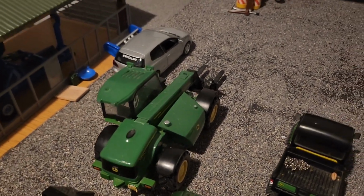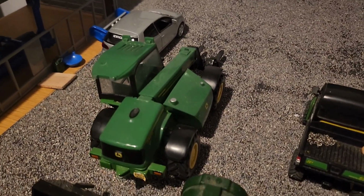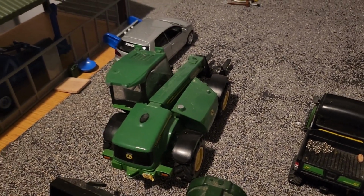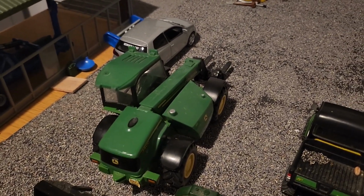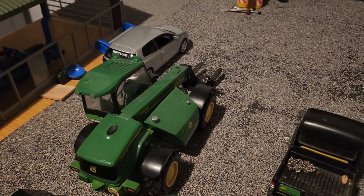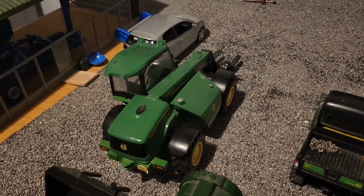So we just took her for a spin around the yard to park her here, let her run, and then we turn the engine off, just to get it running really, because she has just been sat in the yard. And now she's sat for a bit, we'll take her probably later on today. We'll take her back to where she is near the cow shed, and that's where she tends to live, and then we can at least say she's been running,